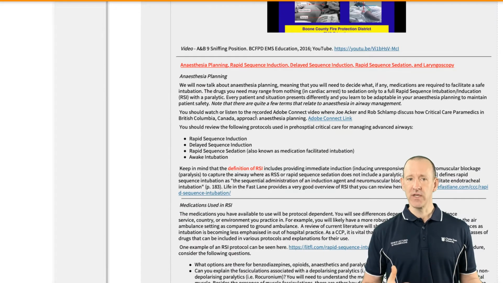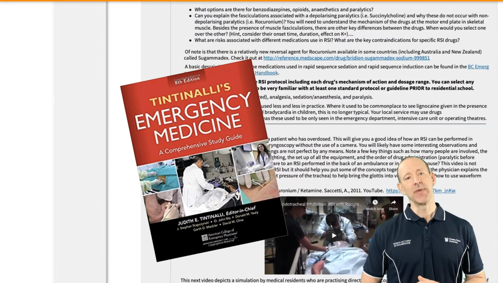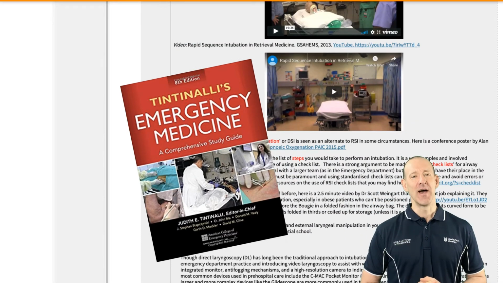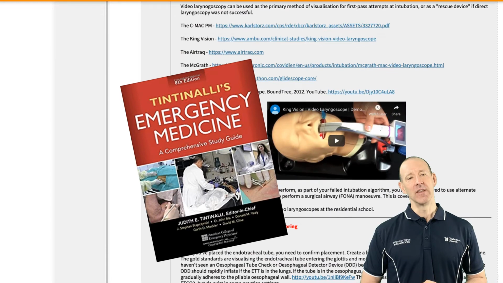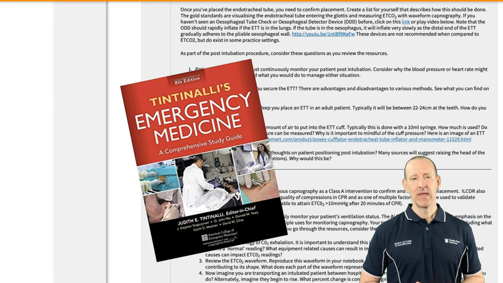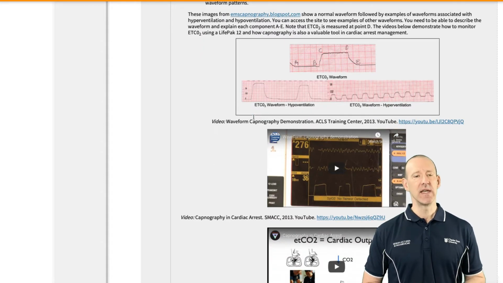If you do have the old textbook, the same one I have, which is the 8th edition, it's still excellent, and in fact it's kind of better for the subject because I haven't yet updated all the page numbers. But if you do go to the 9th edition, the page numbers will be different, but the chapter numbers are exactly the same.